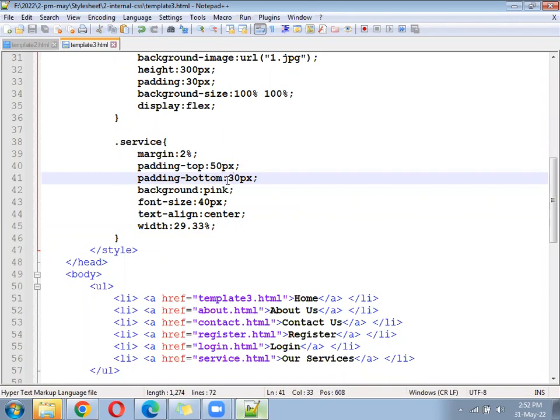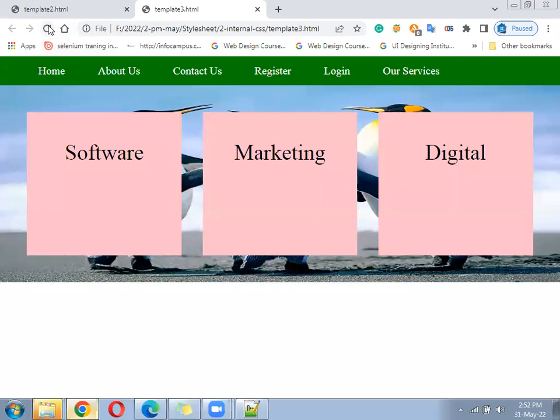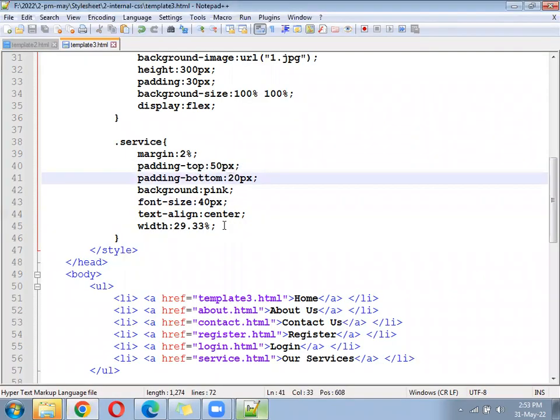Why is padding bottom also given? Have we added height anywhere? We have not added height anywhere. 20px. Not reflecting, right? Height we have to add. Okay, let's add the main height also.